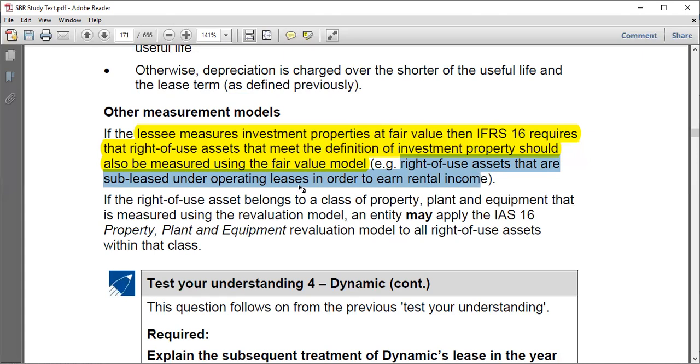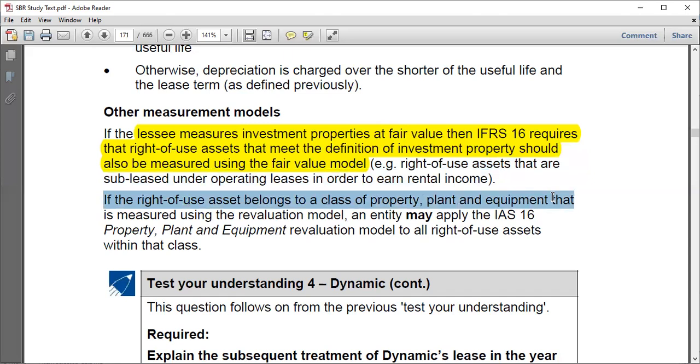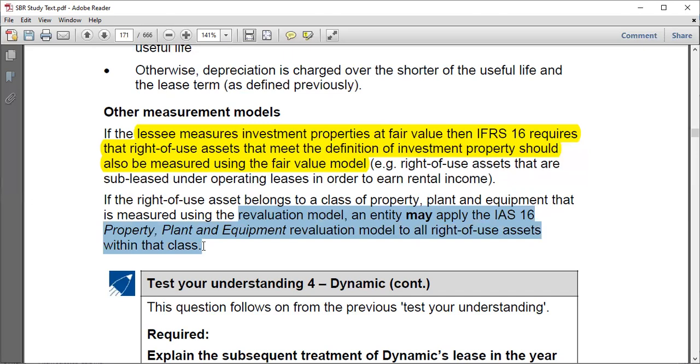All right, and then they say here, if the right of use asset belongs to the class of property, plant and equipment, they have been very specific. You should know that you can have something under IAS 16 or under IAS 40. Here they mention the word class because property is in its own class, and plant and equipment may also be in their own class. So in case the right of use asset belongs to the class of property, plant and equipment that is measured using the revaluation model, an entity may apply IAS 16 to all right of use assets. An entity may apply, right? But for investment property, it is a requirement. So learn how to distinguish between